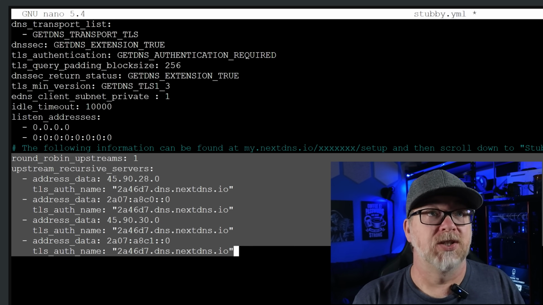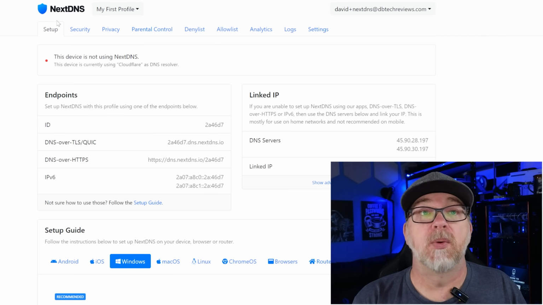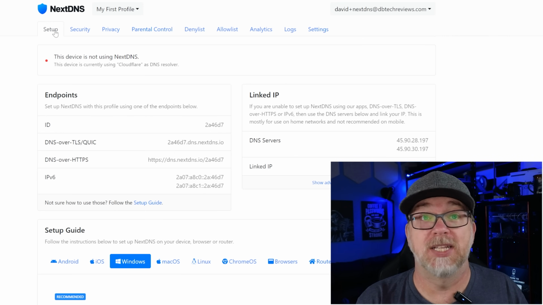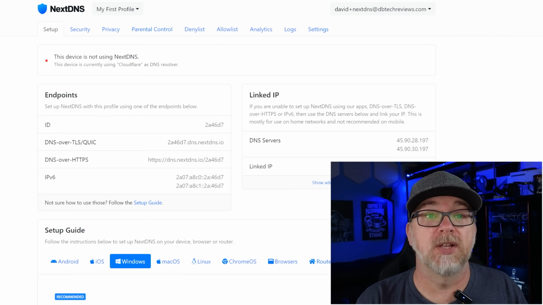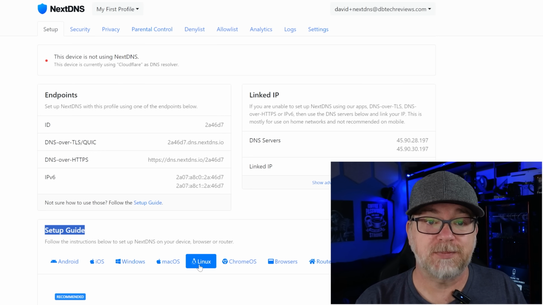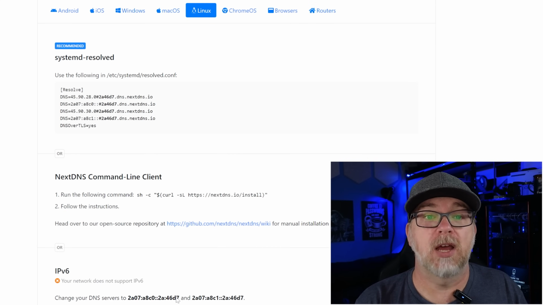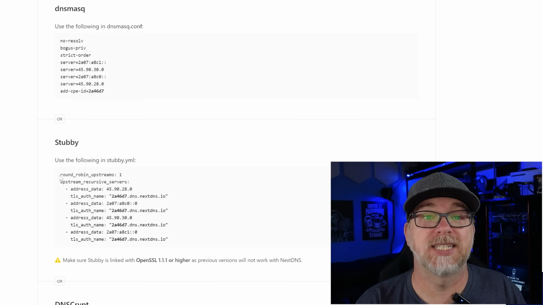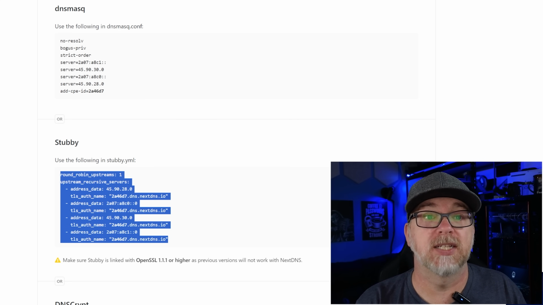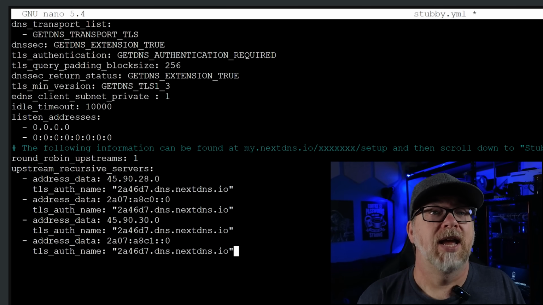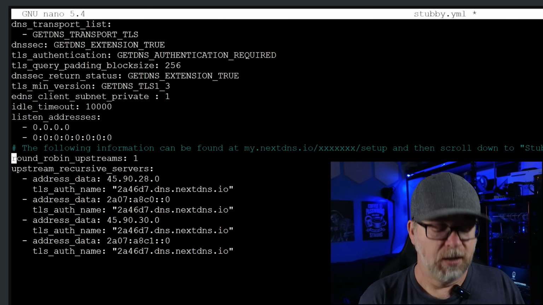and all of this information can actually be found in your NextDNS account. So we're going to go over here, and what we want to do is make sure that we're on the setup tab, which we can see right here. And then if we scroll down to the setup guide right here, and then click on Linux. And we can scroll down a bit farther here until we find this stubby section right here. So we can just highlight this like so, click copy,